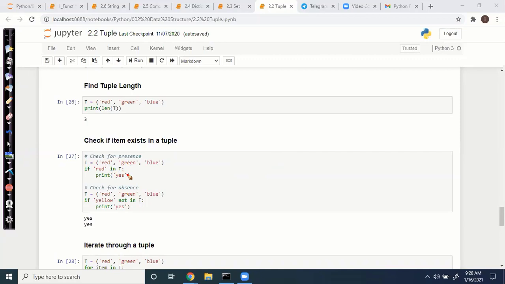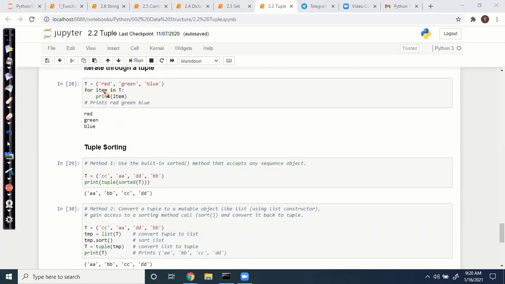We have already seen the in operator section, but for every type we have one example. Go through this one, how to check whether an item exists or not, we can check with the in and not in operators. How to iterate? You can simply use a for loop. We have already seen the for loop. You can use a tuple. Each item gets iterated based on business logic, which you can apply.